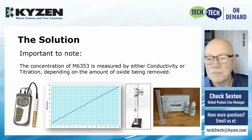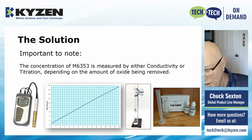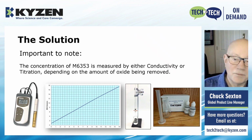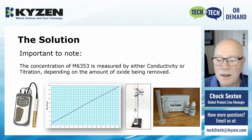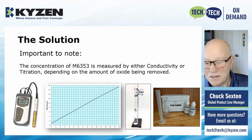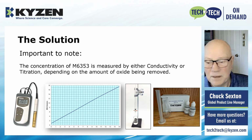The solution, it's important to note that the concentration of 6353 is measured by either conductivity or titration. I'm going to put this up front here because this is always one of the first questions that our customers ask. I would say in 75% of the applications, we're doing titration and the rest are conductivity. This particular company in this case study are still doing, after 8 years,